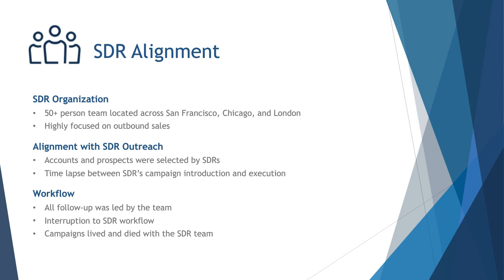So in the part of the execution we were working on, we needed the SDRs to actually help us choose the target prospects and accounts that were going to be receiving direct mail. So in the 4 to 6 weeks that we were actually standing this campaign up, we would get our SDRs together, go through this very manual process of adding people to a Salesforce campaign, giving them background of what the messaging was going to be, and then giving them a week or so to actually add people to a campaign.